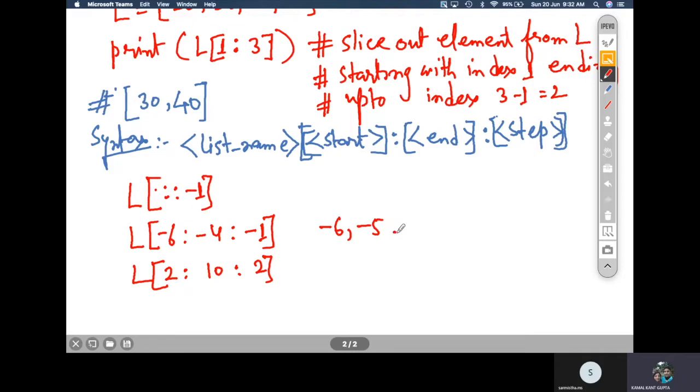We should start from -6 and go up to -4, but the jump is wrong. In this case the jump is wrong because we cannot jump like that from -6 to -4.